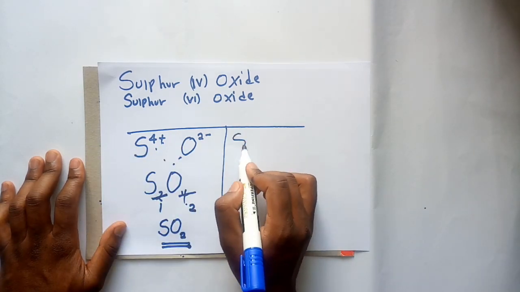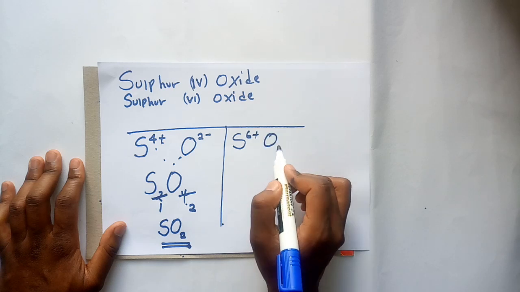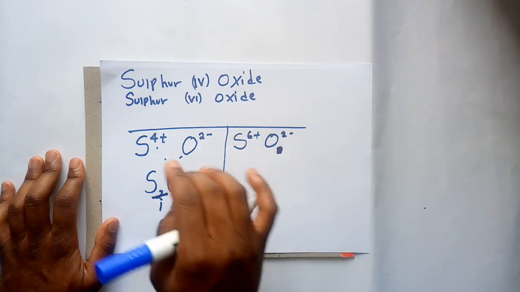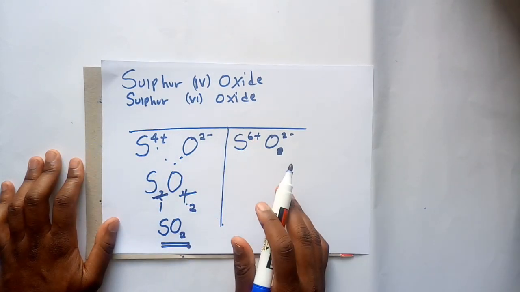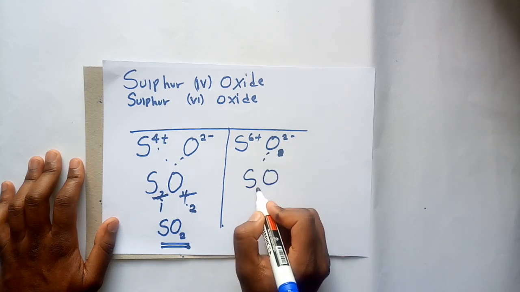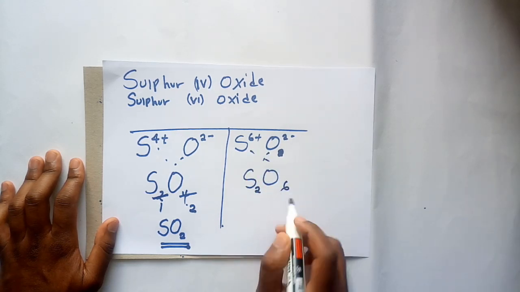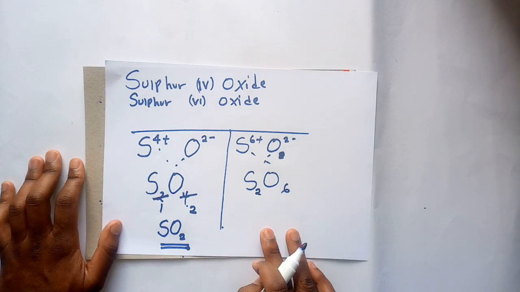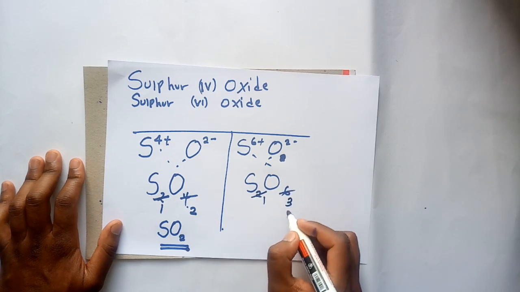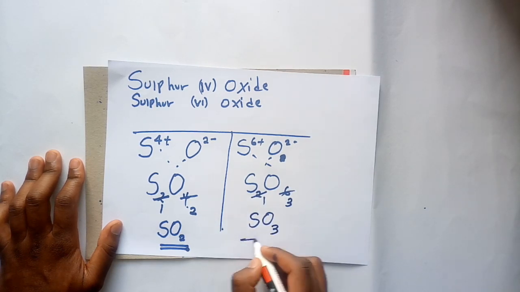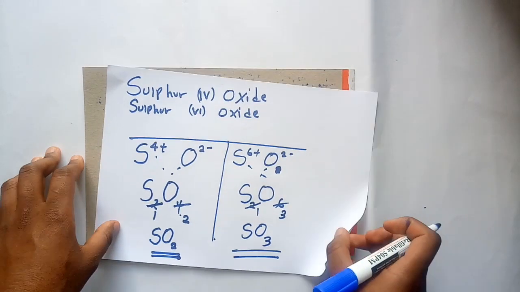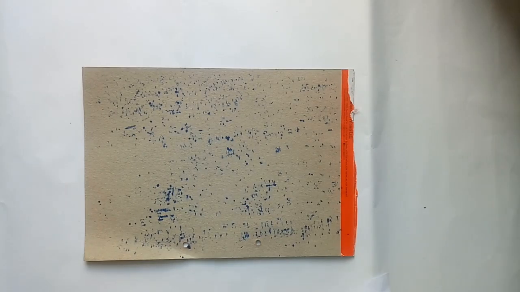Then we have sulfur 6 oxide, with oxide 2 minus there. As you can see, sulfur 6 means 6 plus, you exchange, so this one becomes 2, this one becomes 6. However, as I said, it should be written in the simplest ratio, dividing by 2: 1 and 3. So the formula is SO3. Sulfur 4 oxide, sulfur 6 oxide. Then, lastly,